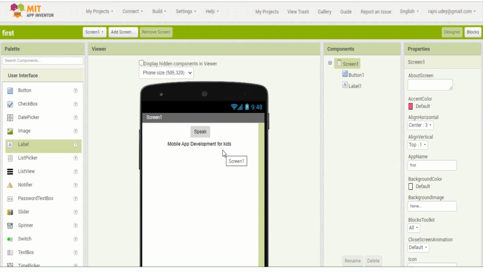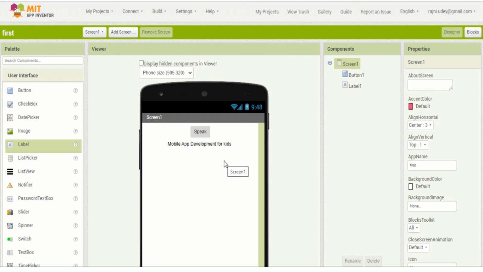So this is my front end. My front end is the button, and on that button the caption is Speak. Now there is a need to design the backend. Backend means we have to provide the functionality. What is the functionality? It means how the app will speak. We have designed the front end, but we have not provided the functionality to the app.